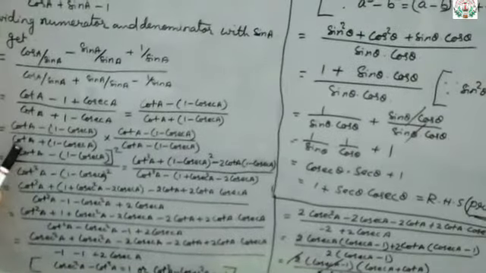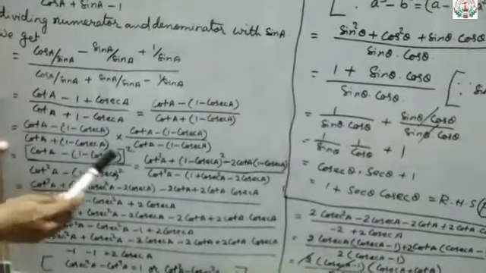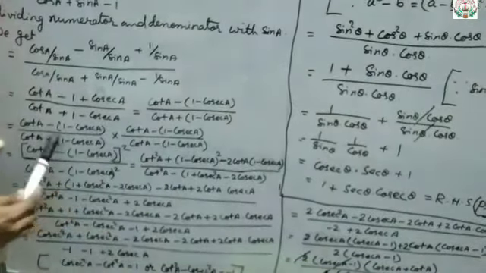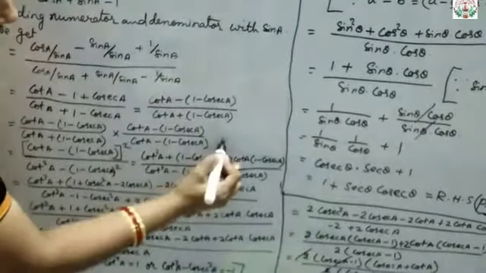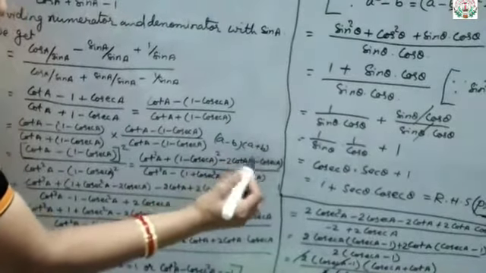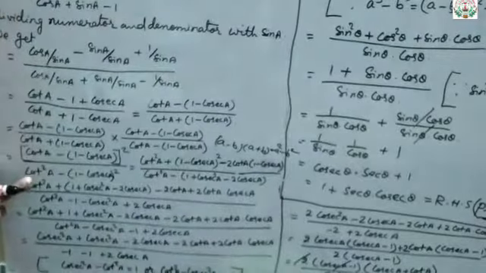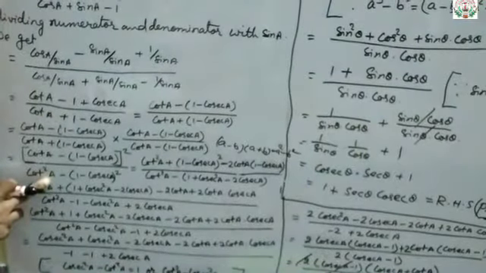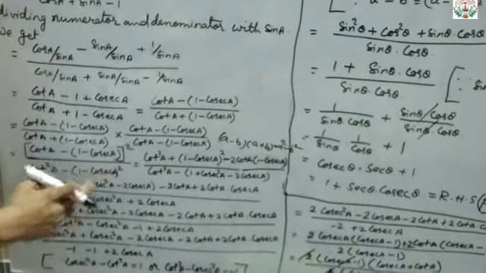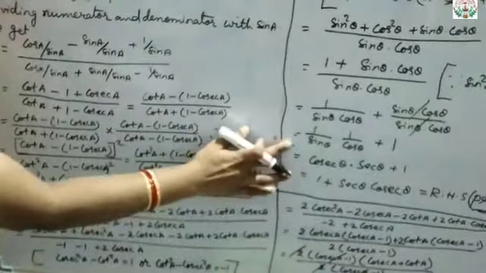Now denominator, what is there? Cot A plus within bracket 1 minus cosec A, and here cot A minus within bracket 1 minus cosec A. So here which formula? That is A minus B into A plus B. So it will be which formula? Equals to A square minus B square formula. So here cot square A, that is the first part, minus B is what? 1 minus cosec A whole square. Clear? So this identity we are going to use there.